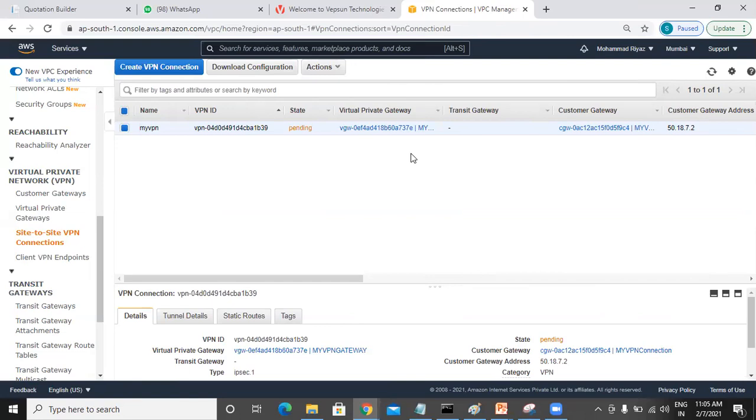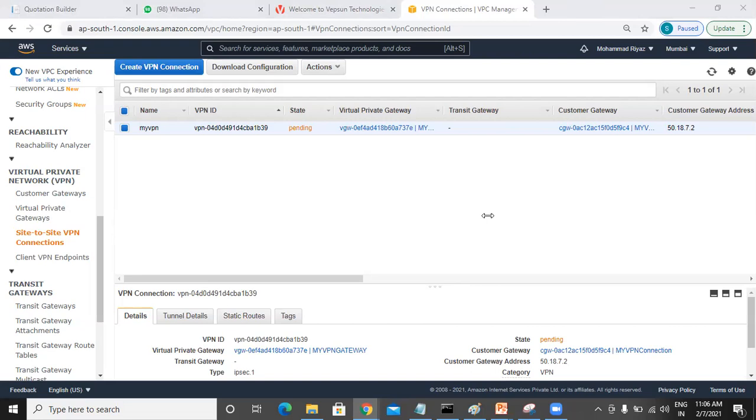We are not configuring our own premises. Yes, we are only doing in our own premises. We do not have our on-premises environment. But if you want to do that, if you want to test it, you should have your live on-premises environment with these supported devices. What all the supported devices I told you?